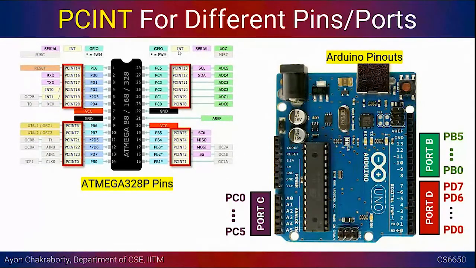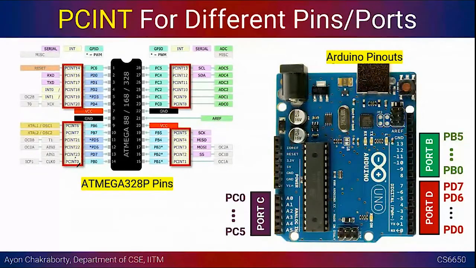So whenever there is a certain fluctuation, let's say you have a button that is attached to a certain pin, and your PCINT interrupt is activated for that pin. We are trying to capture any key press or any fluctuation in the signal that is coming to that particular pin. As you can see right now, we have so many PCINT interrupts that can be activated for the entire chip, from PCINT 0 all the way till PCINT 23. We have so many pin change interrupts that could be activated.